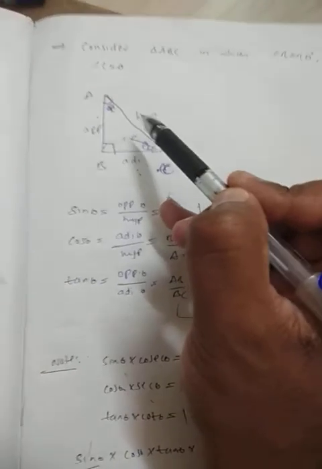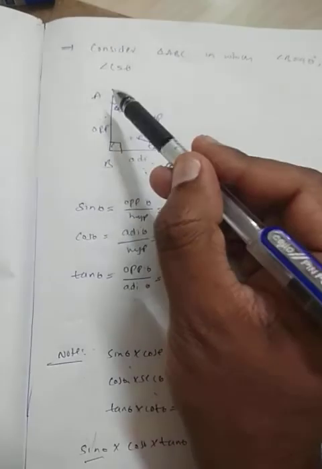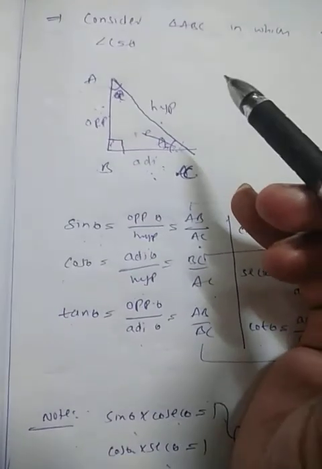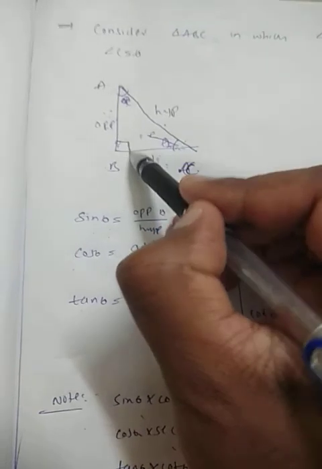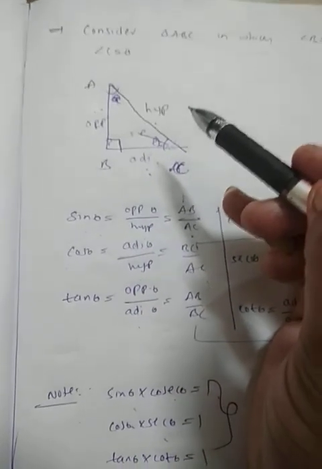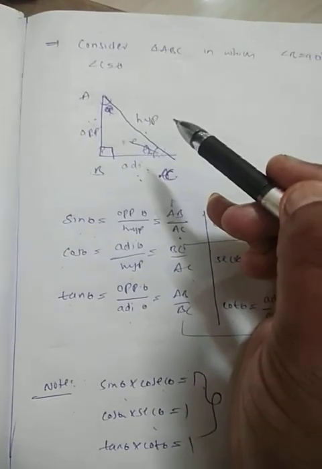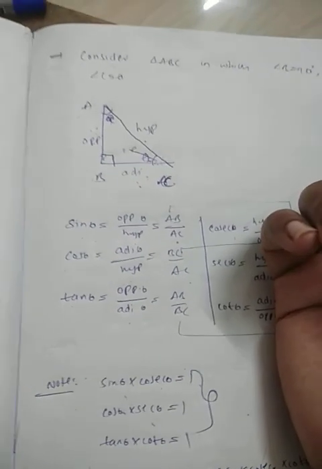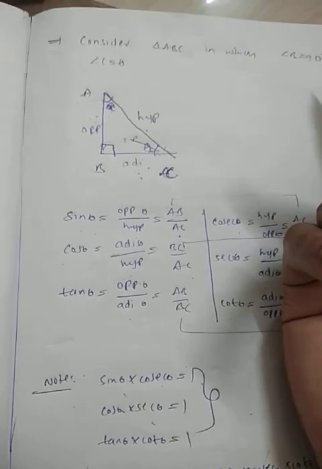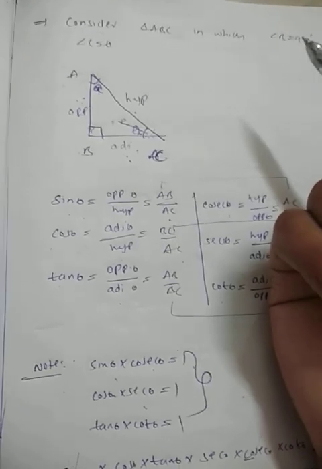So this is all about the introduction to trigonometry. This is a small introduction, and one more time I am telling you, with the help of trigonometry we are going to solve, or comment about, only right angle triangles. So if it is a right angle triangle, then we can apply trigonometry. If not, we have to split the figure into possible right angle triangles, and with the help of those constructions and assumptions, we are going to solve it if possible.